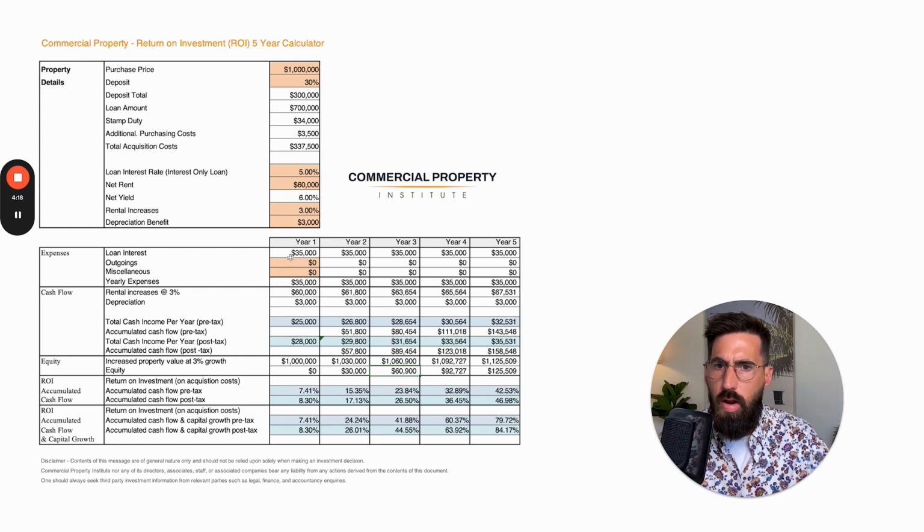So in this scenario, you're looking at a $300,000 deposit plus $34,000 stamp duty, plus additional purchasing costs such as legals and searches and building pest inspections and things like that. So your total acquisition cost is actually $337,500. We then compare this for what we actually get in regards to cash flow and look at the return